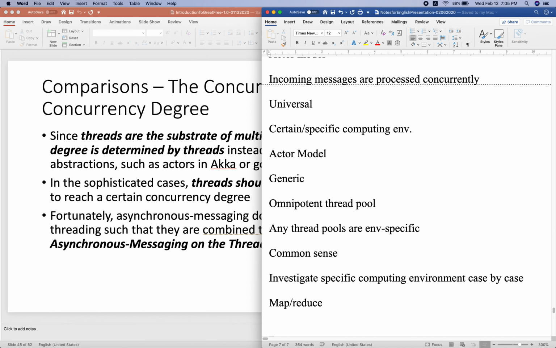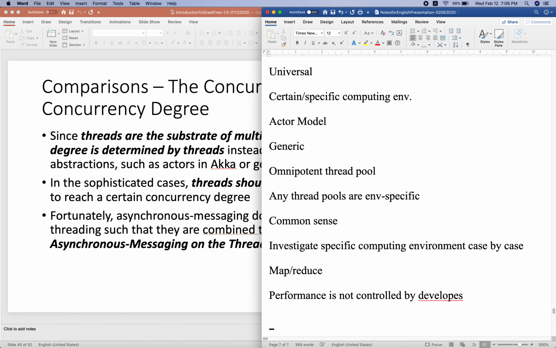So we can do that. We can provide accurate concurrency degree. We know the performance. However, if the thread is not visible, then we cannot define the concurrency. The performance is not controlled by developers if thread is not visible.